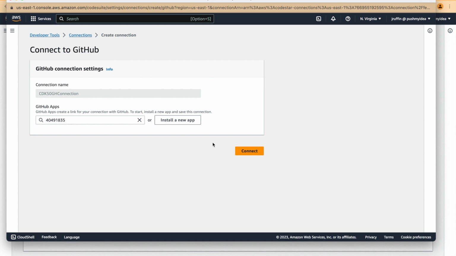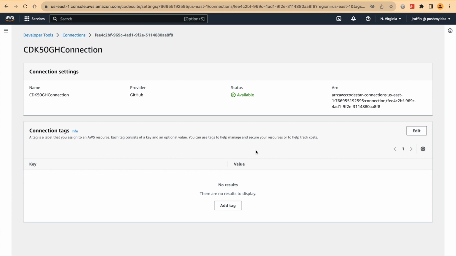This is the ID of it. We'll click Connect. I'm going to go back to the connector. Now you'll see that it's available. So now this connection is available for us to use in our applications, in our pipelines, to connect our AWS account to our GitHub account. So our pipeline is going to use this connection to grab code from